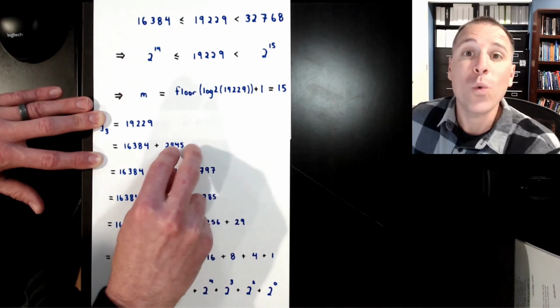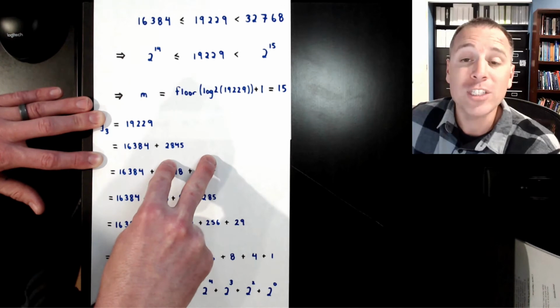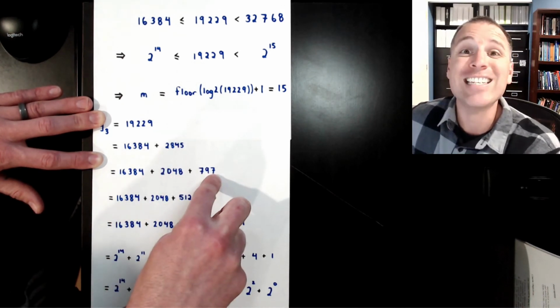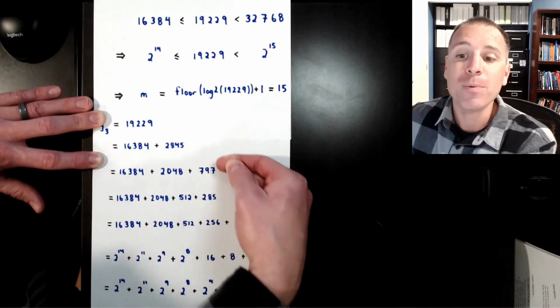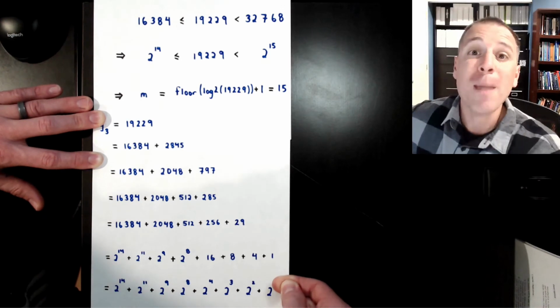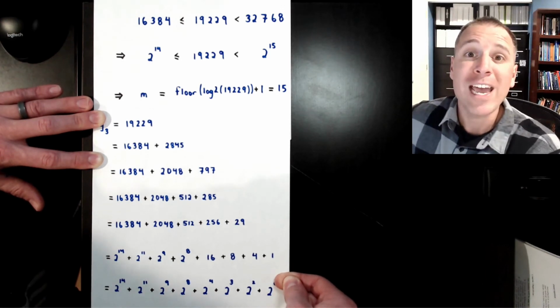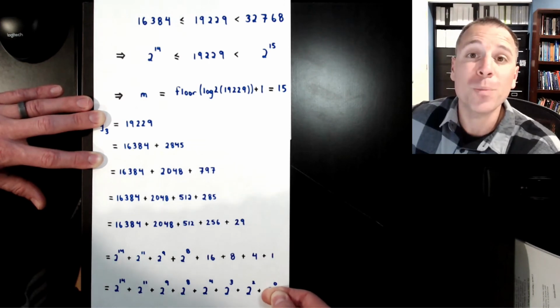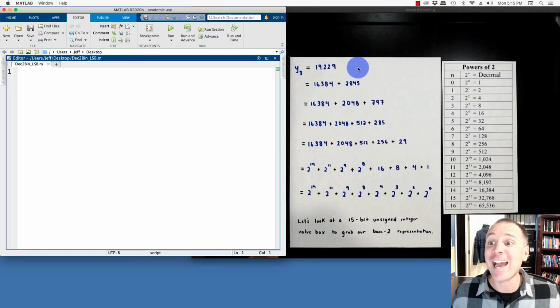If it is, we decompose that remainder into 2 separate pieces, one of which is that next highest power of 2, the other is a second remainder, and then we keep decomposing the remainder until we get all the way down to 2 to the 0. If it is an odd number, that will be 1. If it's an even number, we'll have 0 groups of 2 to the 0. With that, I think we have enough information to actually code up our own decimal to binary conversion that starts with the most significant bit and then moves down.